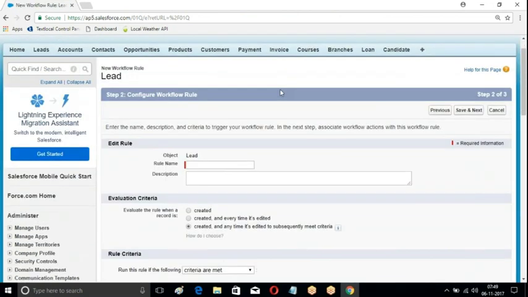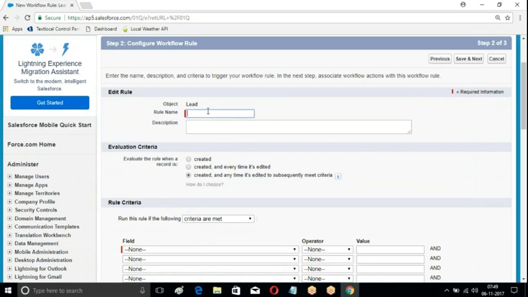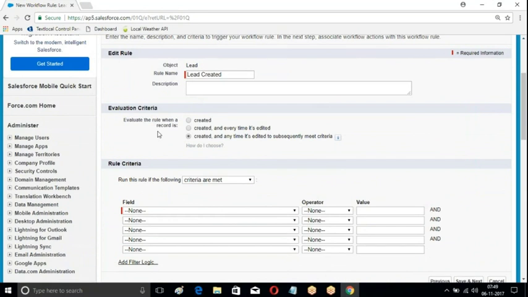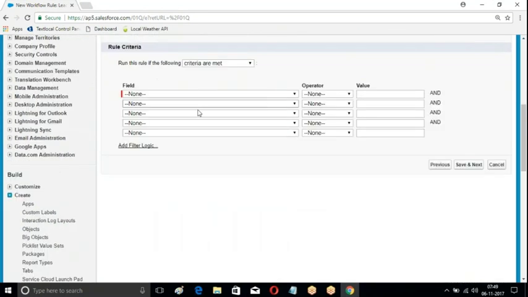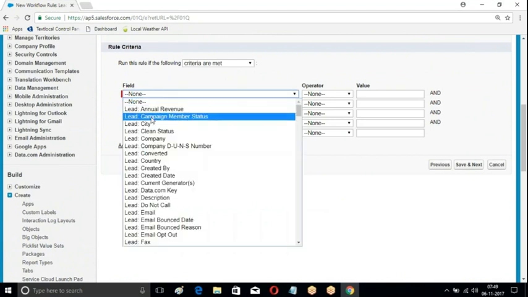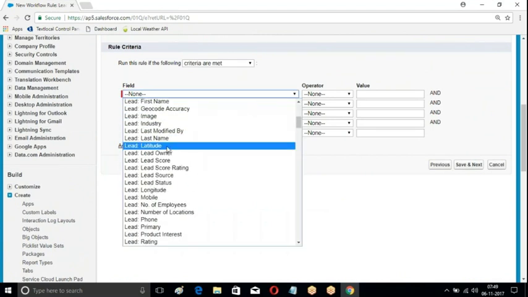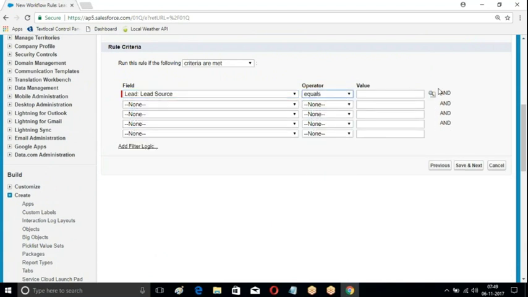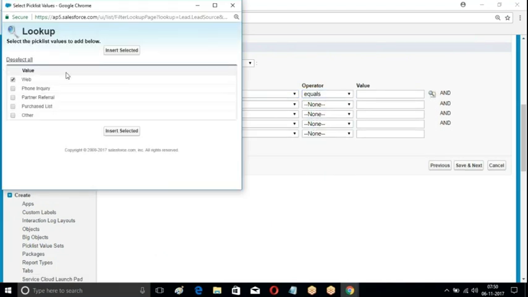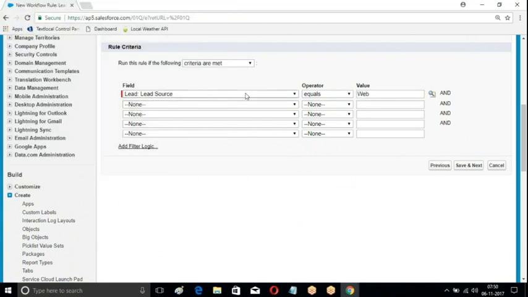Next. Lead create. Whenever a new lead is created with, let us say, lead source equal to web,